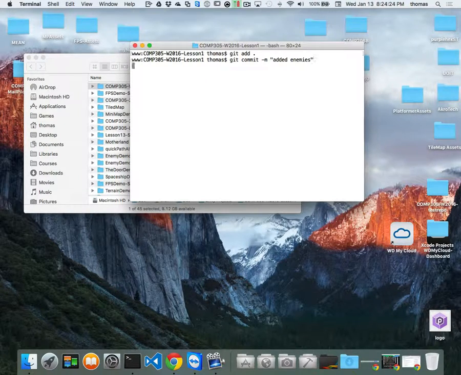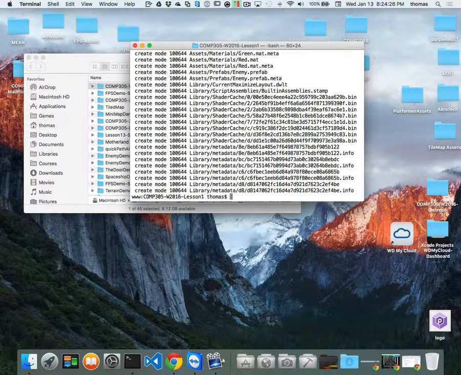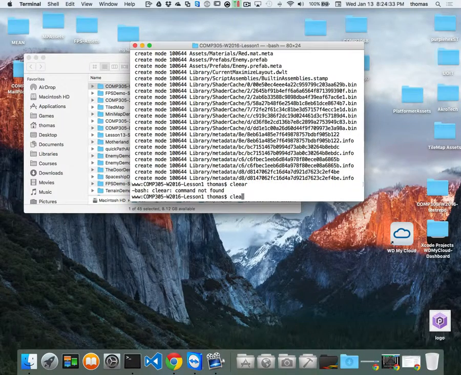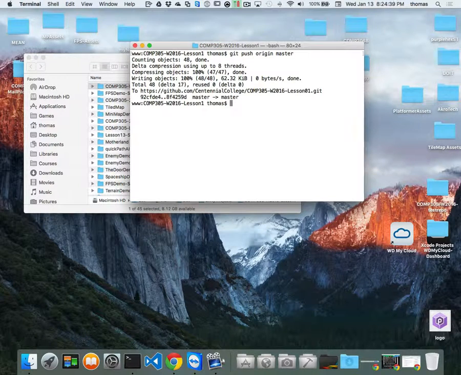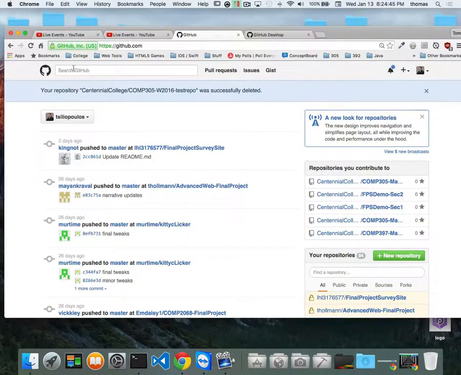There we go. And then it attaches all those files that I added. And I'm going to say git, let's clear this up first so you can see it. Git push origin master. And what it's going to do is take my local files and throw them up onto GitHub. So now, if you look at GitHub, as we're finishing off, and if you refresh the scene here,